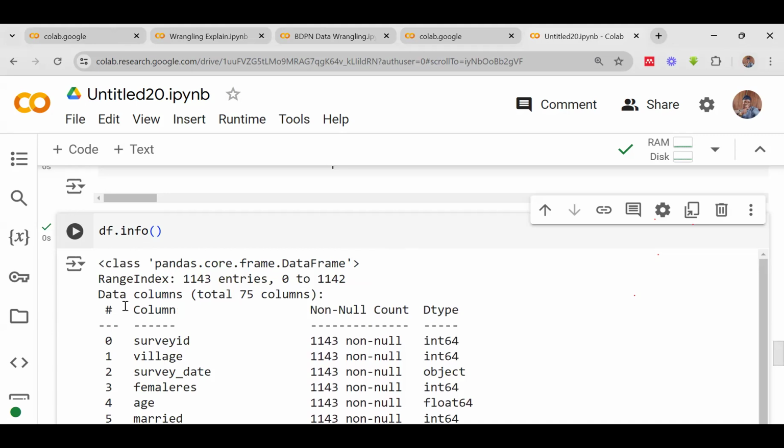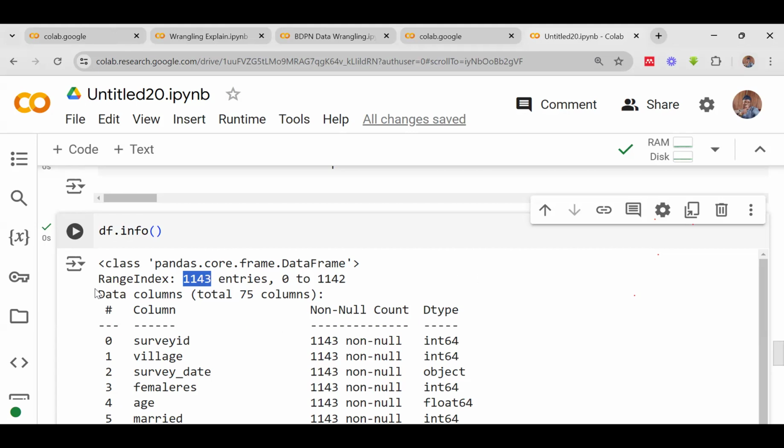So this info is telling us that in the data, we have 1143 rows. So the rows start from index 0 to 1142. Of course, we can see that from the data. You can see the index starts from 0 and ends at 1142, and the whole data is 1143. Of course, I told you the index starts from 0, and that was why when we check on shape, you have 1143